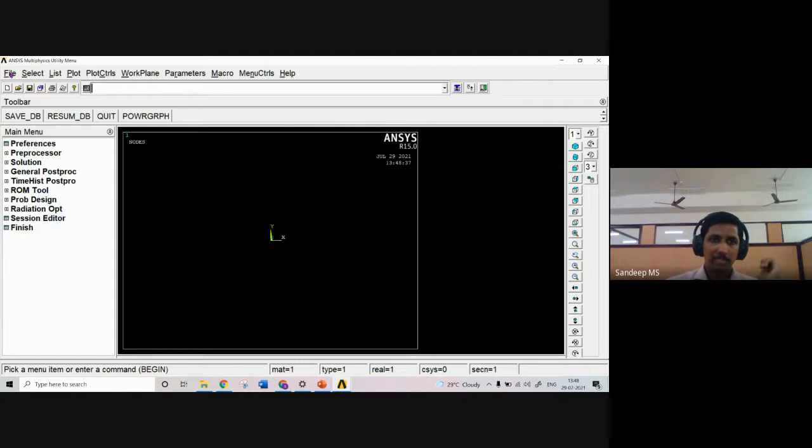In this, we have some options here, file, select and other things. Then here also we have some options, and we will see what we can do with them. Here we have an output window. Basically in APDL, you can use programming. Once you know the programming for ANSYS, you can directly give the code here, and this is the space for providing the program input into ANSYS. Then we have the working space here. This box is our working space, and these controls are for controlling the view. Whether you want perspective or front view, back view, for that we have some buttons provided here.